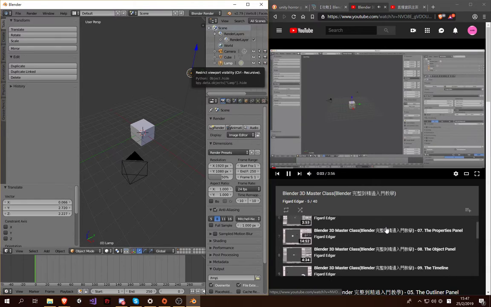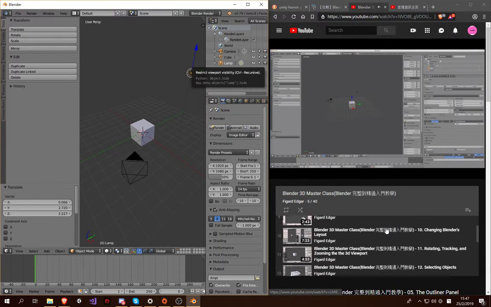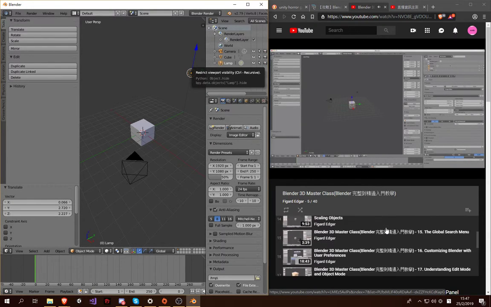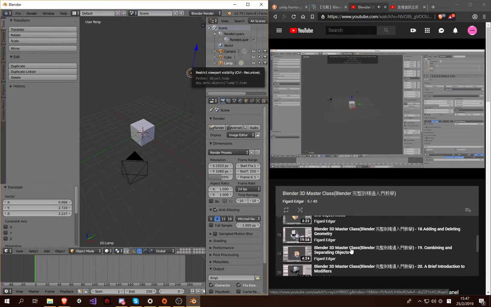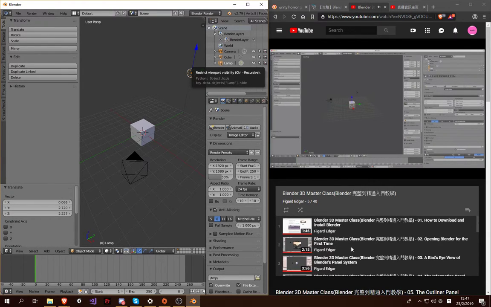Hey guys, welcome to this lecture. In this lecture, we're going to be going over the outliner panel in the upper right-hand corner of the screen. Now, the outliner is going to show you all of the data Blender sees when it looks at your scene. So as we talked about in the first lecture in this course, we've got the information panel up here displaying the scene right here. Now, this scene is the exact same scene you see listed over here in the outliner. So if I change this to